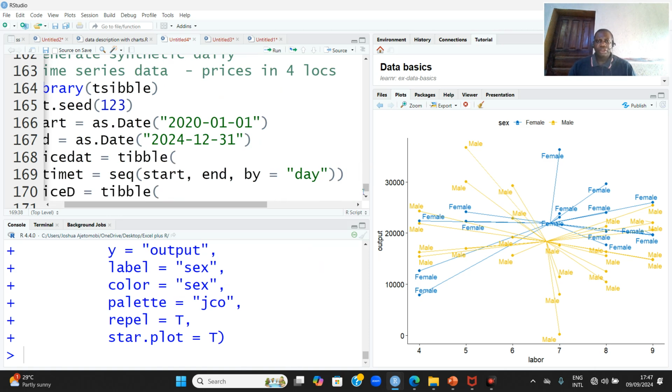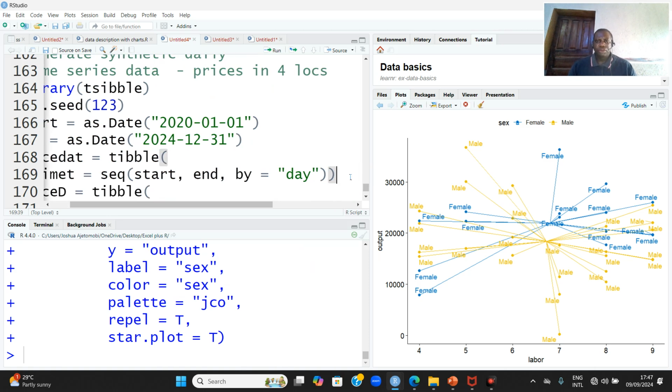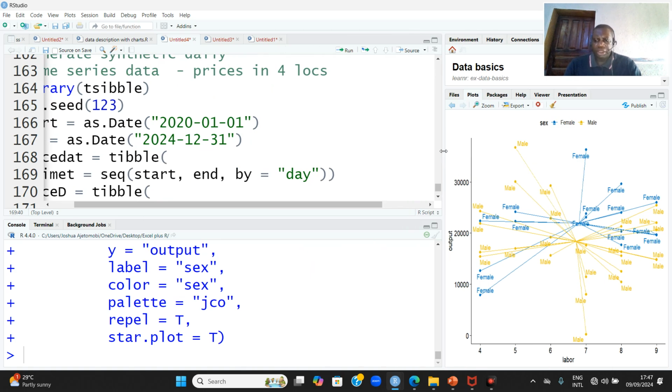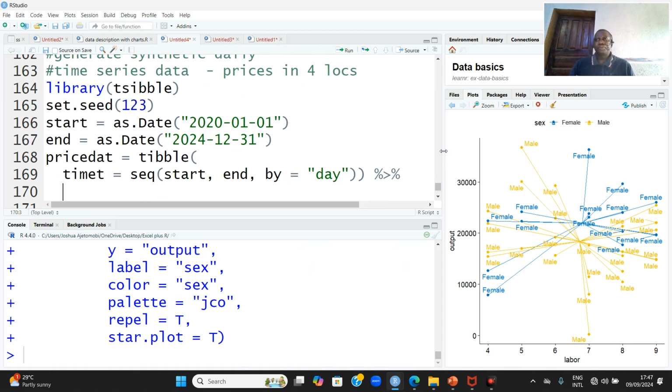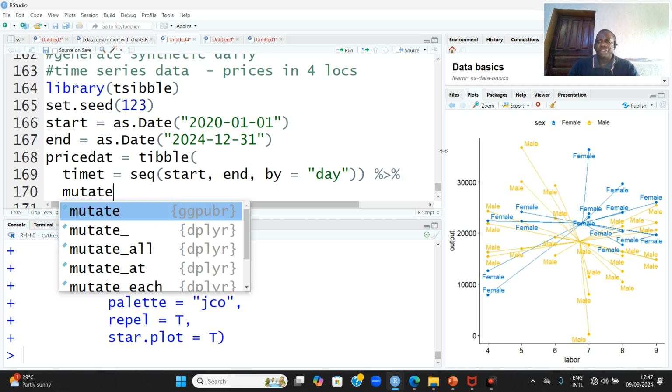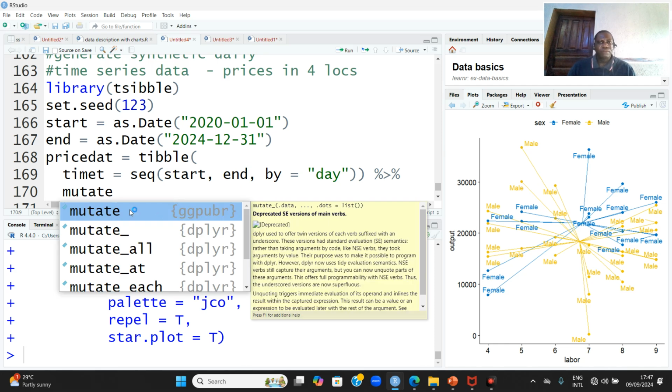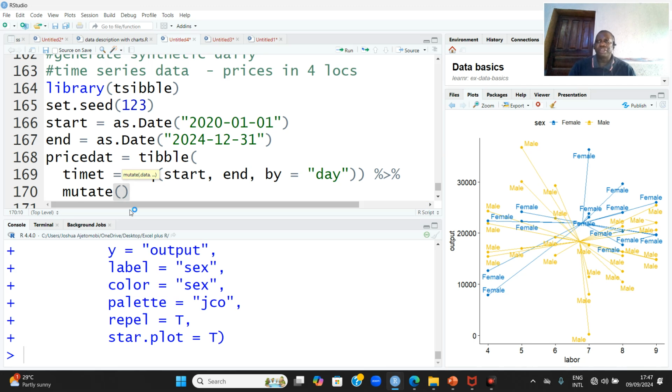So let's have it this way. So we have pipe, greater than. Yes, so we now generate the variables of interest. Let's say mutate. Mutate is the word for generating variables in the tidyverse. So let's say we have price for the first location as P1 equals, we're already familiar with this,